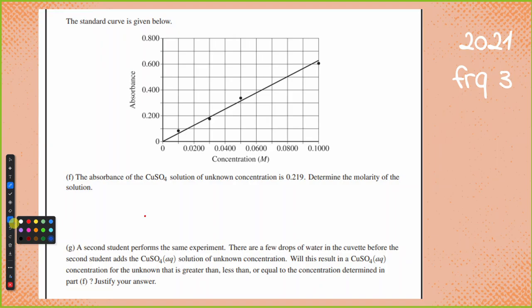In this particular case, where they don't give you a best fit line with the y equals mx plus b, then we can use the A1 over C1 equals A2 over C2 idea because they're proportional,